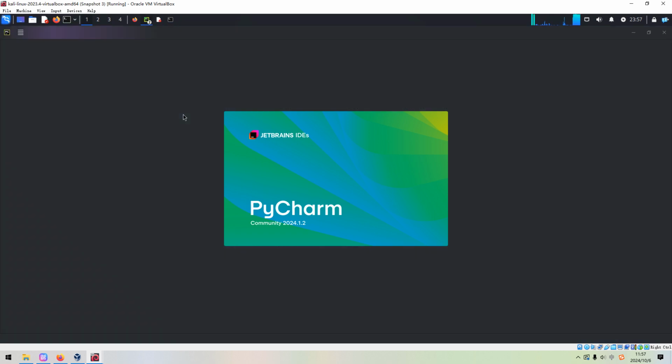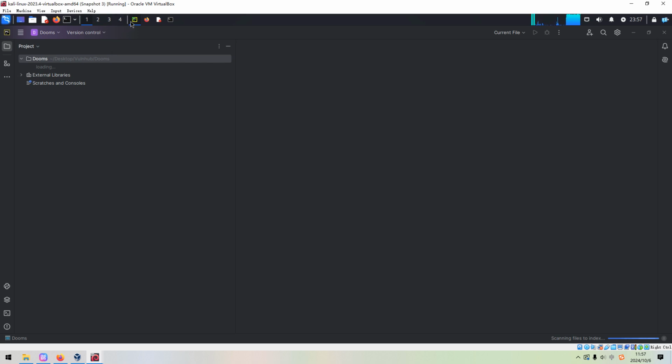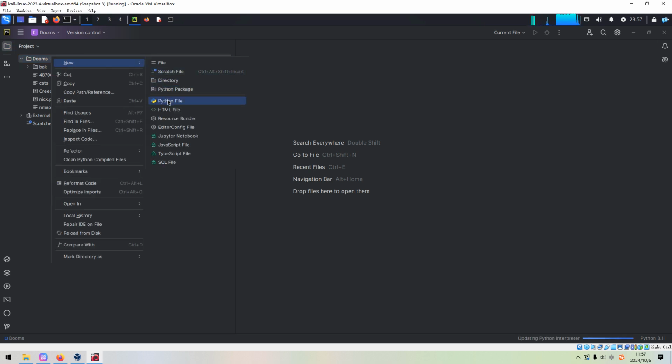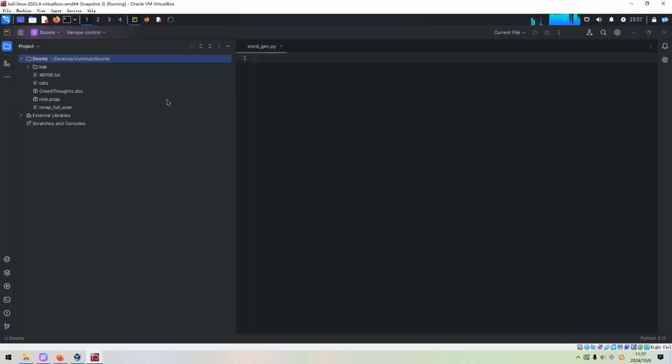You can use any editor you are comfortable with. I prefer PyCharm. We can create a file like words, and save the word list with append mode.